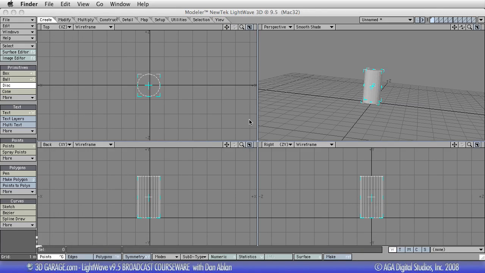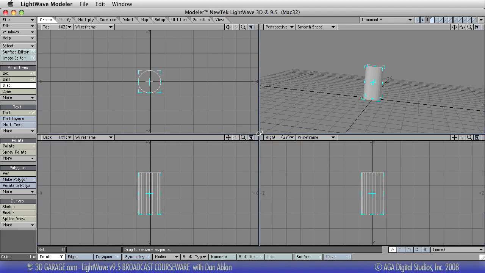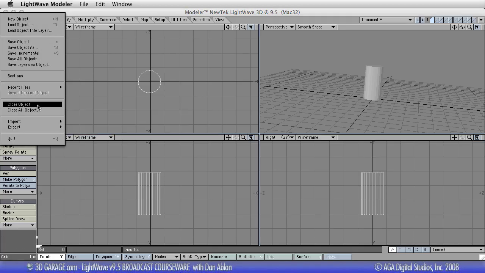If you have a project coming up and you think, I built a can, or I built a television, or I built a lamp, and all of those are built to scale, you'll always be able to load them up and use them without adjusting them. Certainly, if they're the wrong size, you can adjust them, but that might change your texturing and everything else. So the only thing you would probably ever do in Lightwave that's not to scale is what we're going to do today,